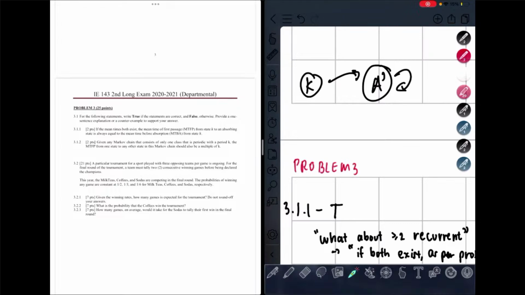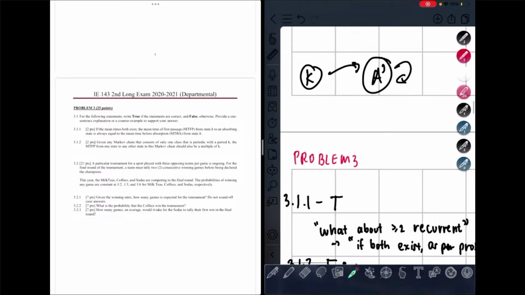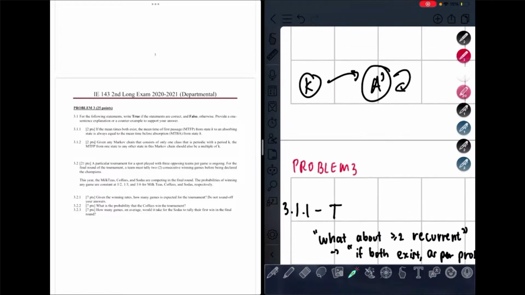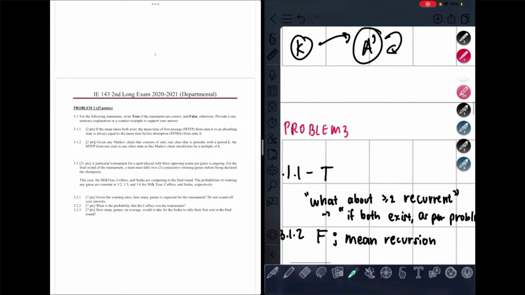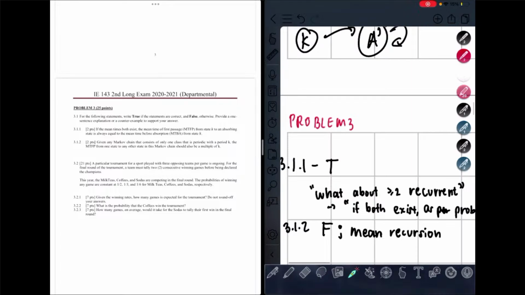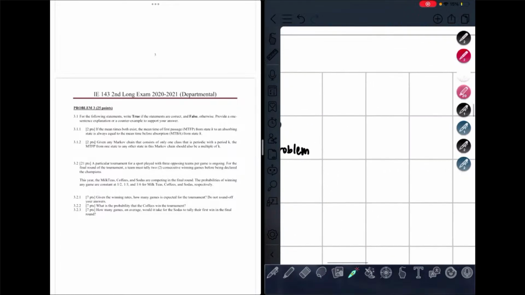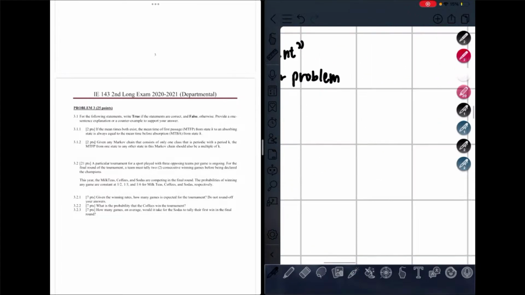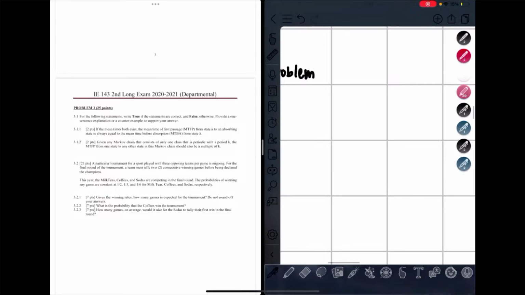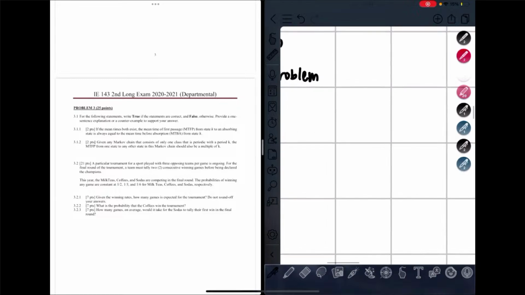So that's for 3.1.1. For 3.1.2, given any Markov chain that consists of only one class that is periodic with a period K, the MTFP from one state to any other state in this Markov chain should also be a multiple of K. This is false if you look at mean recursion. What do I mean by this? This means if you have a Markov chain that consists of only one class and it's periodic with period K, the MTFP from